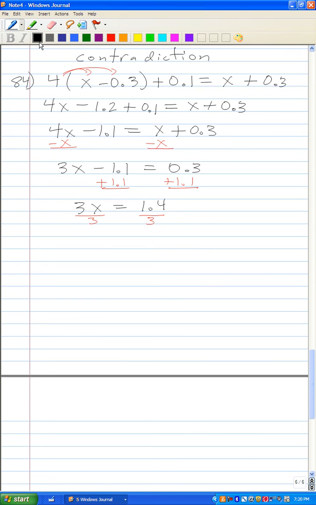And so x is equal to, you can actually multiply both numerator and denominator by 5. And so you get x is equal to 7 over 15,